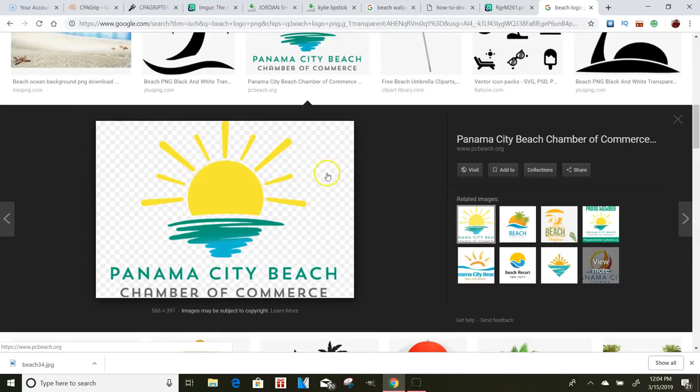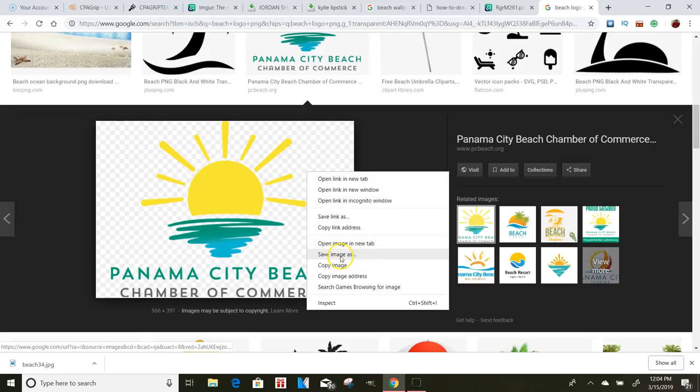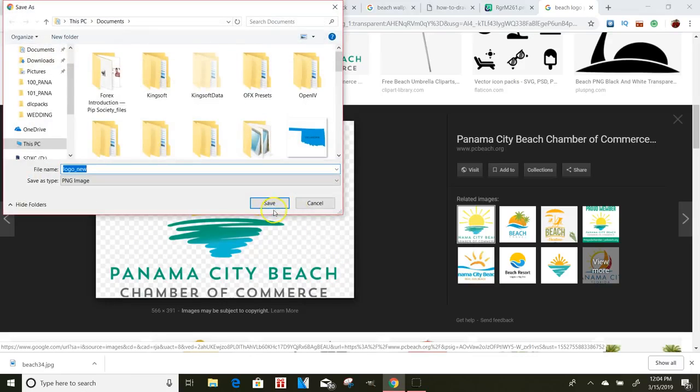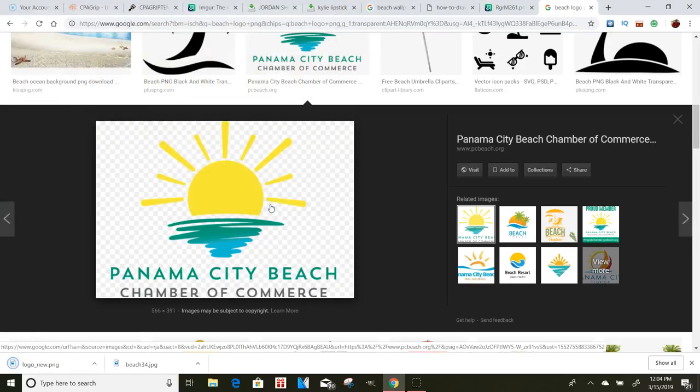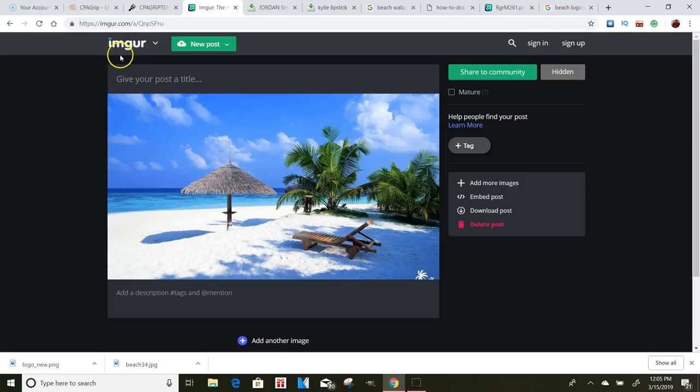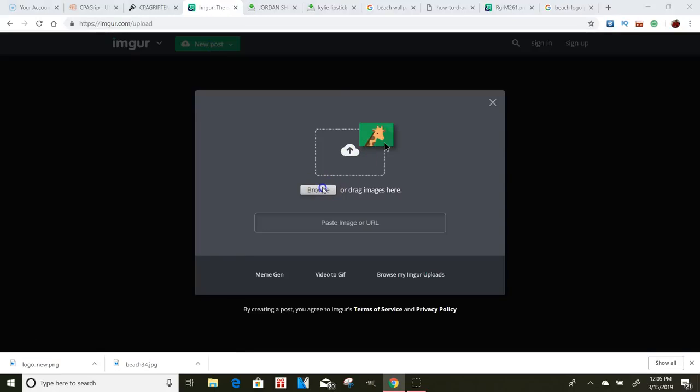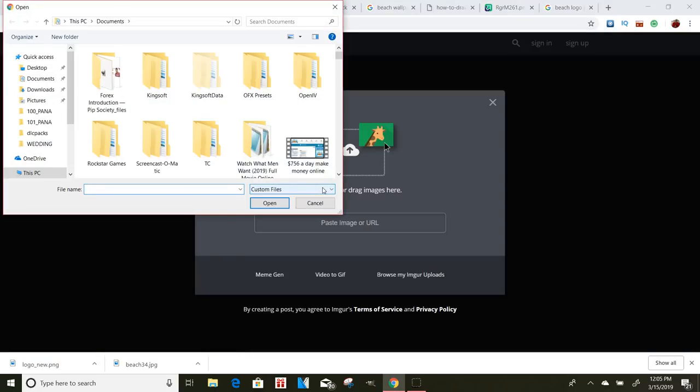This one doesn't have it. Be careful how you use certain people's stuff, but I'm just using this as an example. So I'll save that under logo new. Then we're going to do the same thing. We're going to come back to the IMGUR site, click another new post, and we're going to find that image that we just saved. Okay, so logo new,